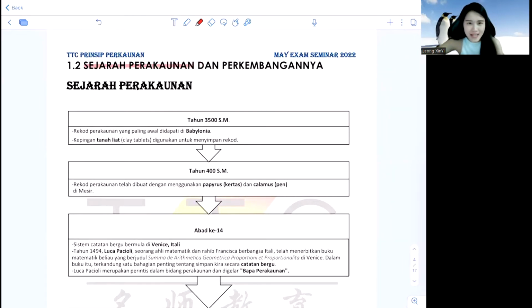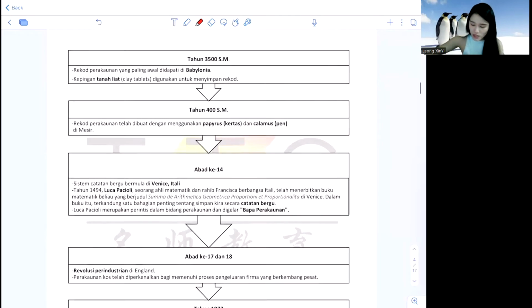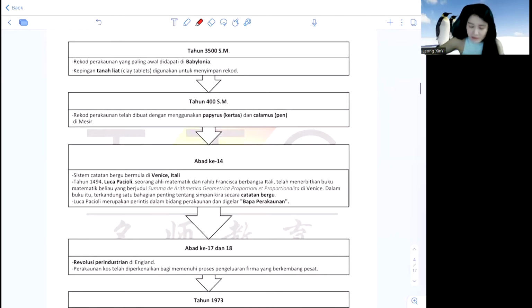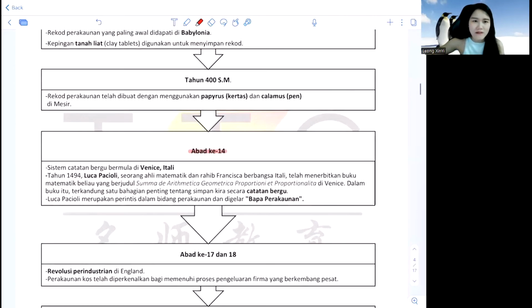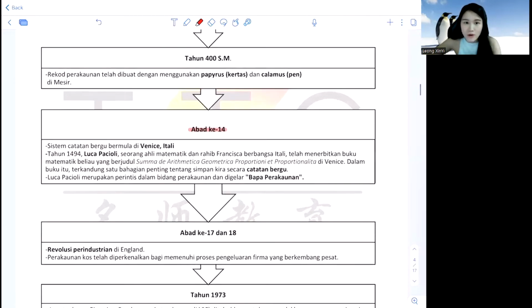So feels like very scary, right? Even in accounts also we need to learn sejarah. Actually, not very scary lah. It's fine, okay? This sejarah here, you just need to focus on abad ke-14. Now, of course, they wouldn't ask you about abad ke-14 like that lah. No. Just telling you this is the box you need to focus more on because their questions will all be